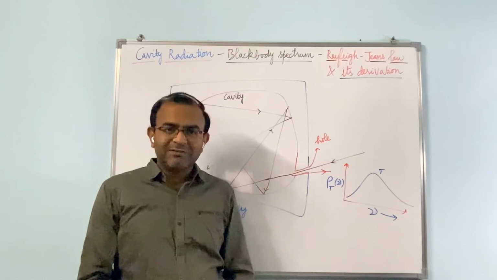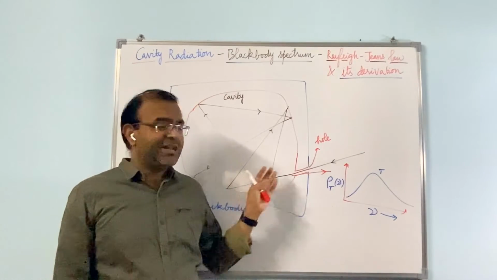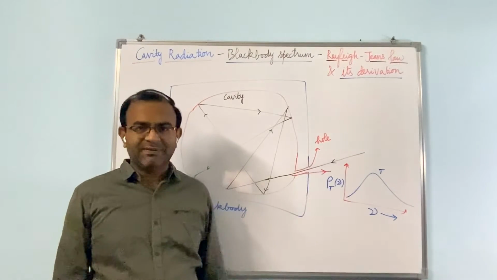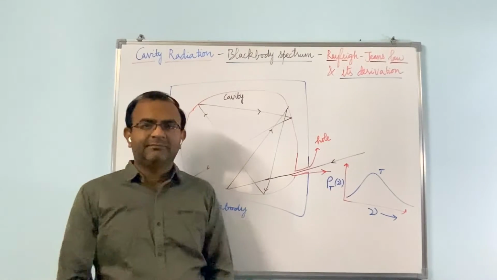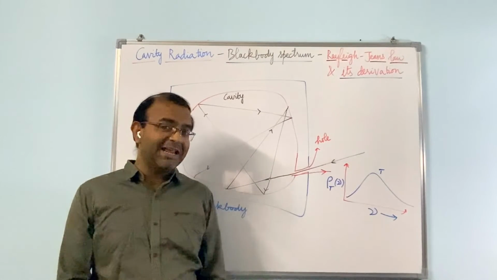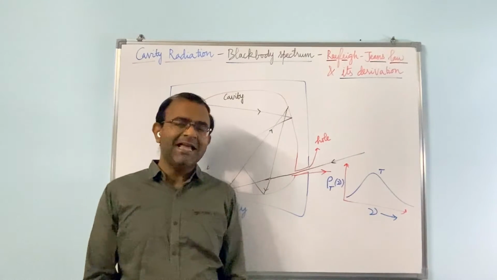Thus, the hole behaves like a true black body, and this is the link between the cavity radiation and the black body spectrum. Since we have established the link between cavity radiation and black body spectrum, let us proceed to discuss the Rayleigh-Jeans